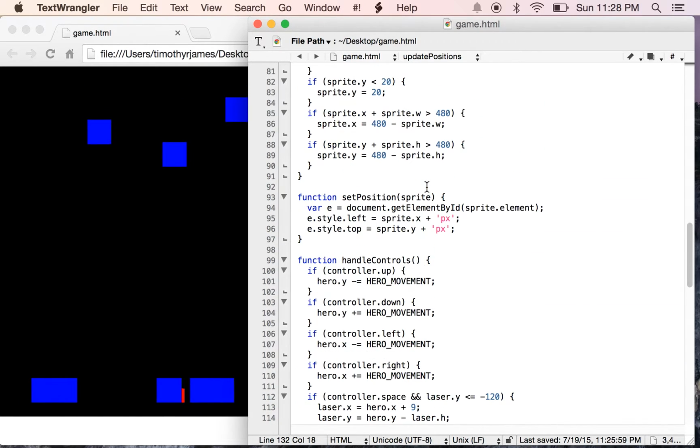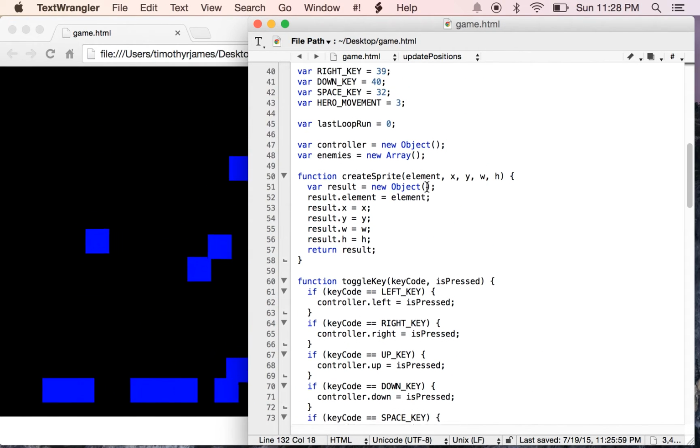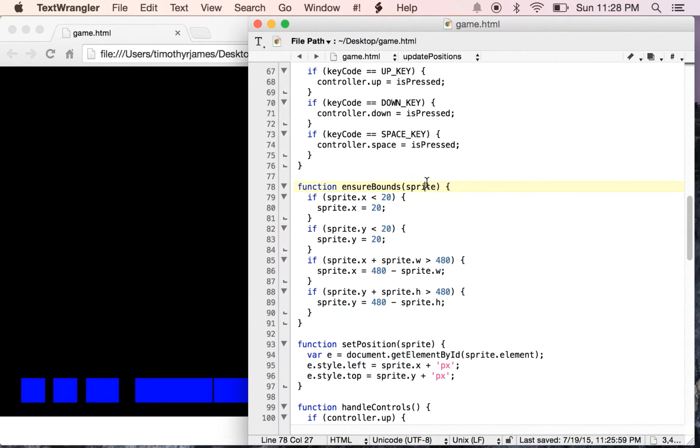So JavaScript allows you to call functions with different numbers of arguments, but it doesn't actually do much with the arguments if they're left out. So what we can do is in our ensure bounds, we can add another parameter called ignore y. So now this will just be false. This will be empty or undefined for any time we've already called this. But if we want to set this parameter to true now, we could just change this function a little bit